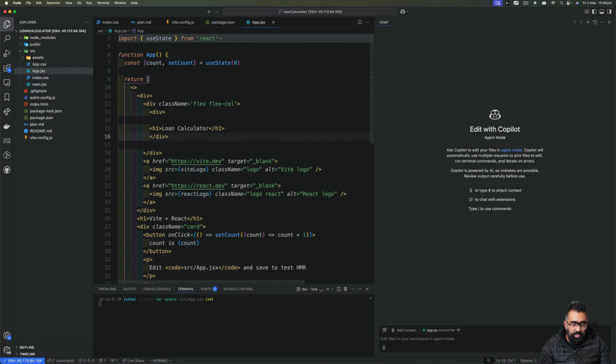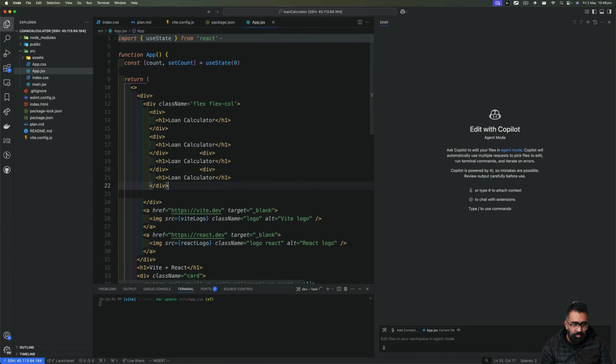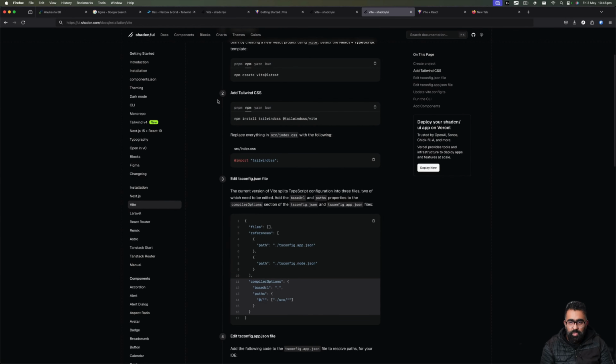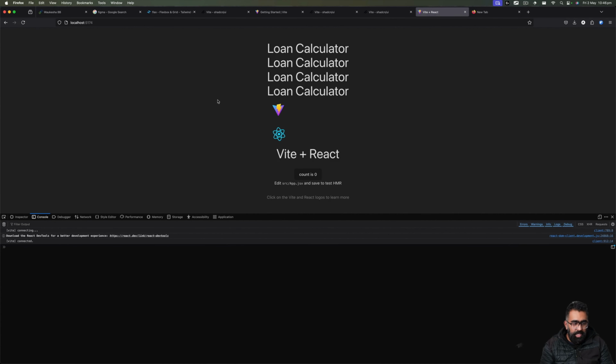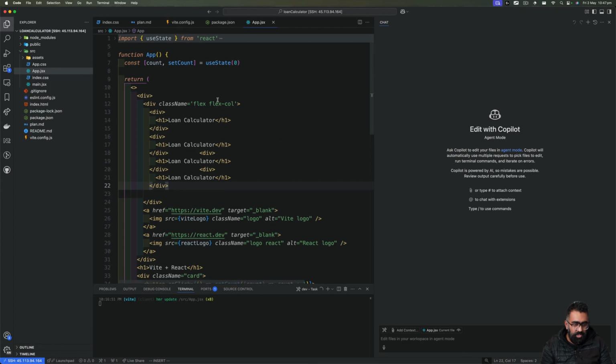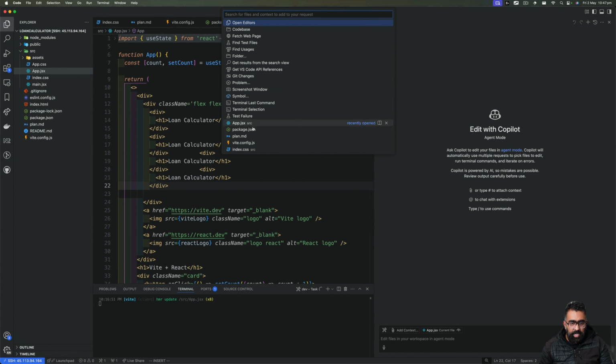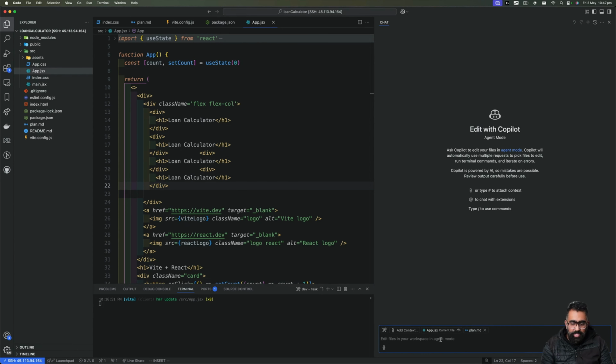And we're gonna put in a div, copy this bit and paste it here. Go to our application. As you can see, this now has Tailwind CSS integrated, which is great. Now let's go ahead and add context and use a plan. I would like it to create all the pages for the loan application and follow the plan.md file for features and